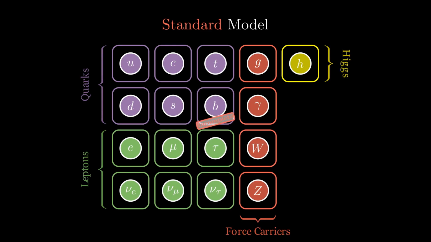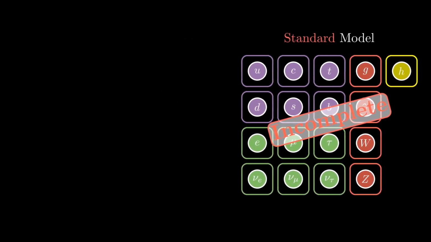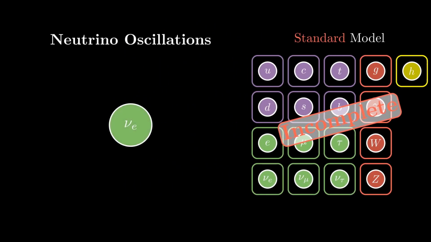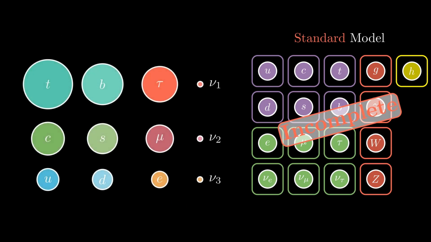However, it is still incomplete. In my work, I will investigate possible solutions to questions unanswered by this theory. For example, the 3 generations of neutrinos oscillate amongst themselves, and this implies that they are massive particles, contrarily to what is predicted by the standard model. Moreover, the standard model falls short in explaining the specific values for the observed fermion masses.